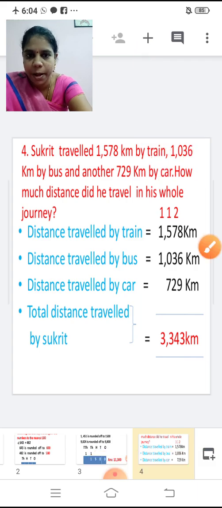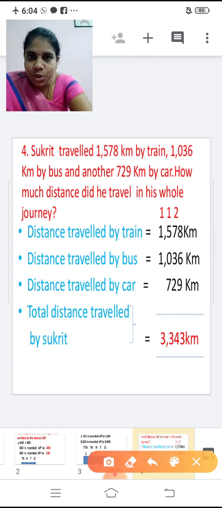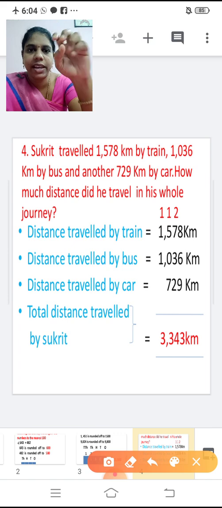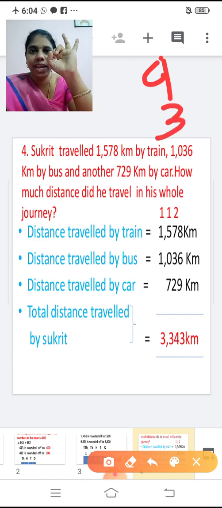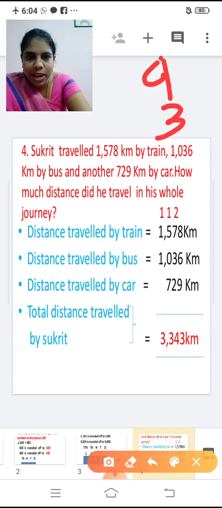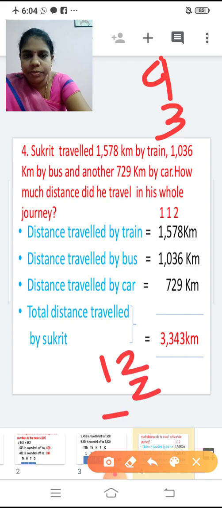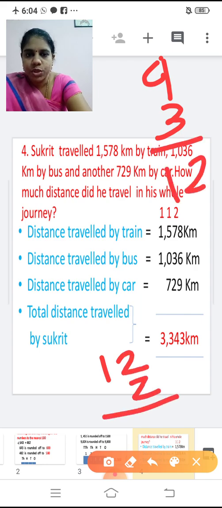Now shall we add the tens place now? Now 2 plus 7. So don't forget to add the carry over. 2 plus 7 is, after 7 you are going to add 2: 7, 8, 9. With this 9 I am going to add 3 more: 10, 11, 12. So with this 12 I am going to add 2 more. 12 plus 2 is 14, and it's a 2-digit number. So write 4 here and carry over that 1 to the hundreds place now.